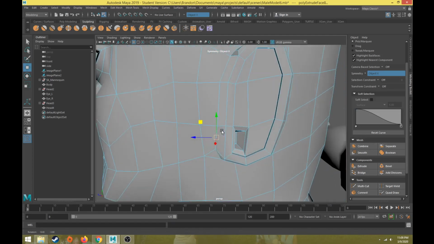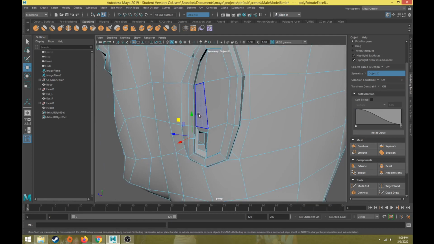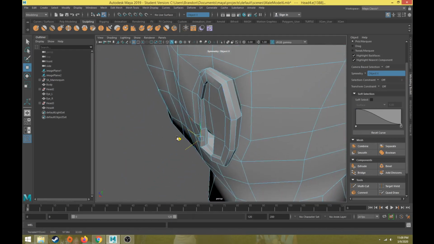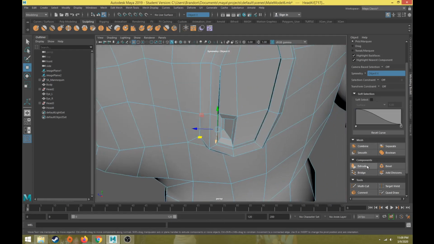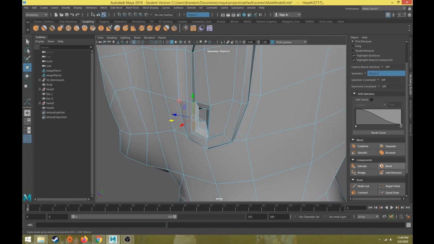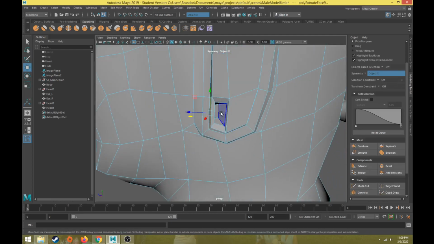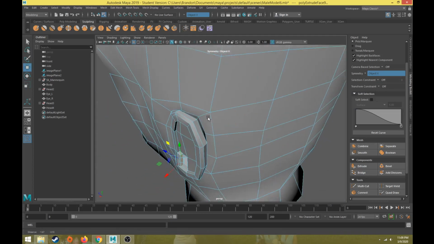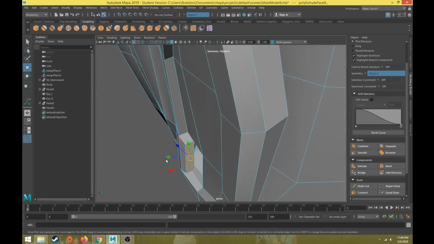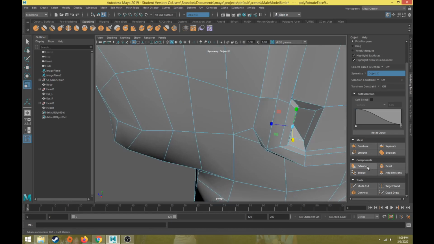All right, a couple more things and that'll be it for the ear. We really do need the part that kind of covers the inner ear. So if I take this face right there and extrude that out, I get the move tool again, extrude and scale down, not that much. Everyone's ears are slightly different, so once again we're going to go for a stylized look here, and then we'll